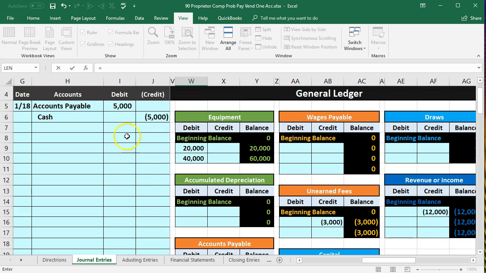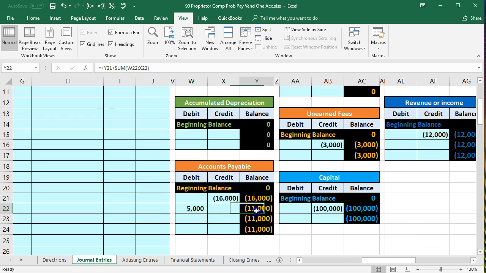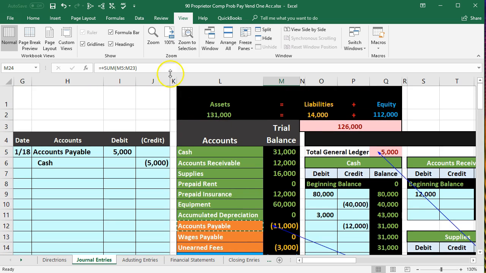Scrolling up just a bit, and we're going to pick up that 5,000 and enter. So the 16,000 going down by 5,000 to 11,000. We now see that 11,000 on our trial balance as well. If we just click to the left of the frozen panes and go right with the keyboard, there is the 11,000. We are now out of balance by 5,000 until we record the other side, as we'll do now,